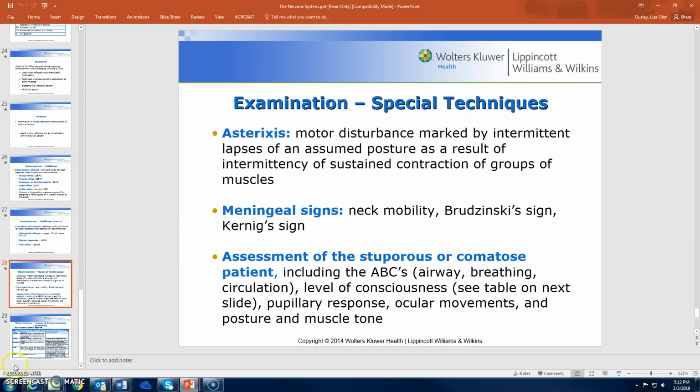So finally, examination special techniques. I want you to review the asterisks and the assessment of the stuporous or the comatose patient. That's on the next slide. But remember the meningeal signs. Any sign that would imply that the meninges is inflamed. The Brudzinski sign and the Kernig sign. The Brudzinski sign is where the severe neck stiffness causes the patient's hips and knees to flex when the neck is flexed. And the Kernig sign is when you